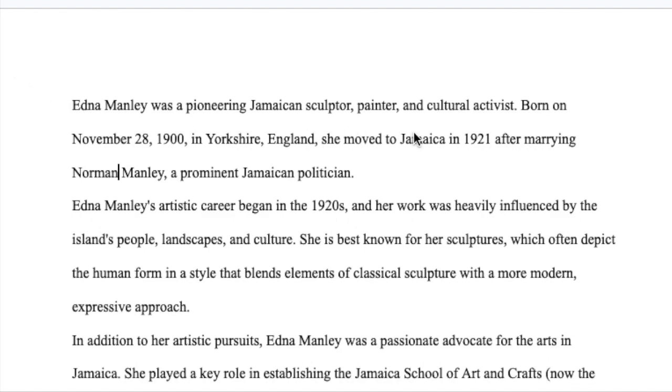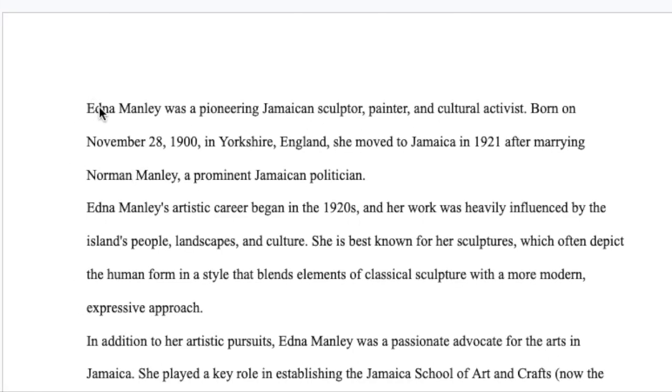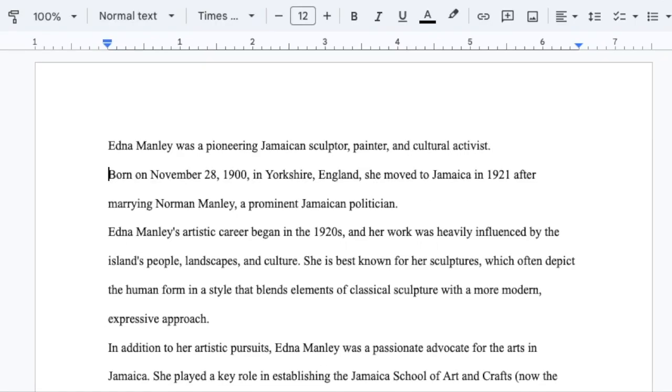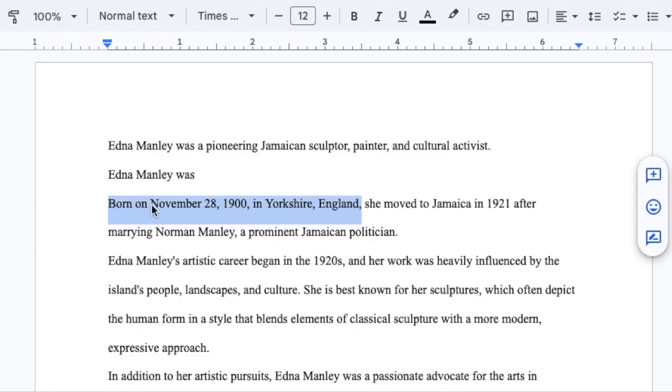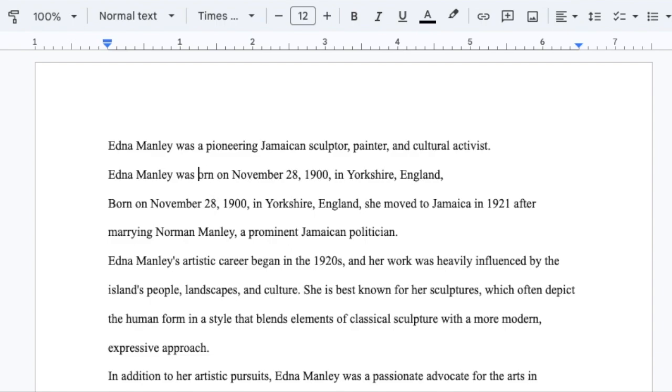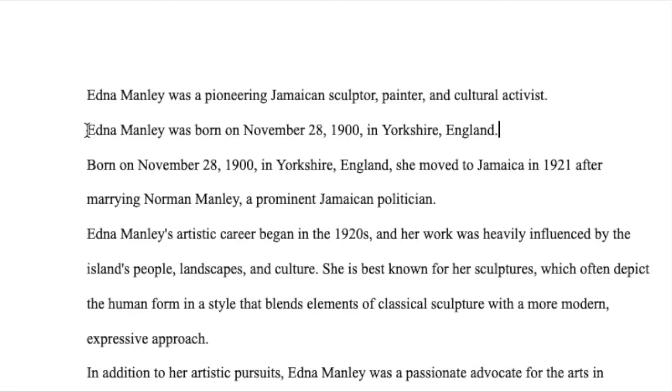So let's say, for example, this first sentence here, you can start off by saying Edna Manley was born in England.